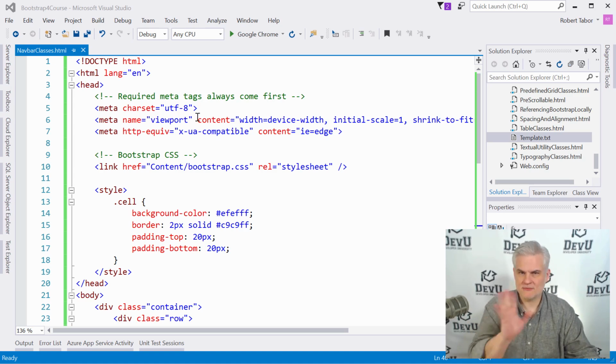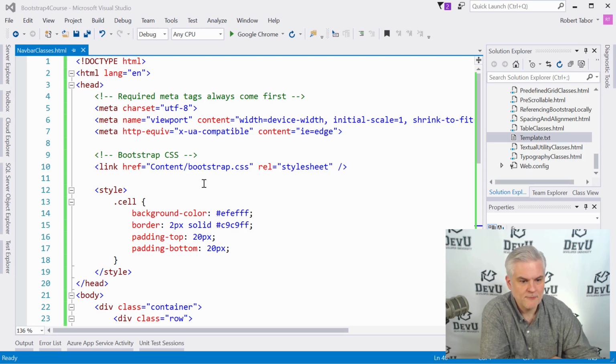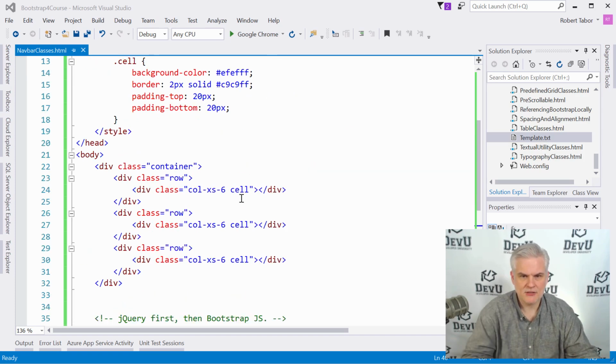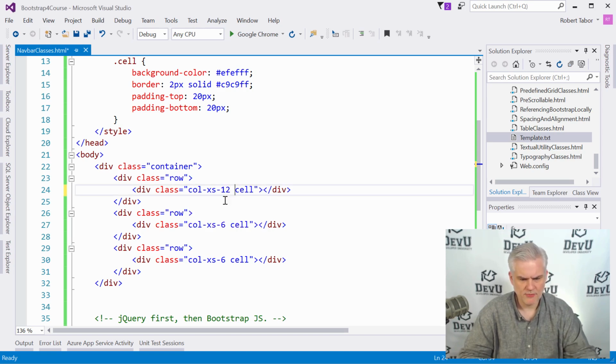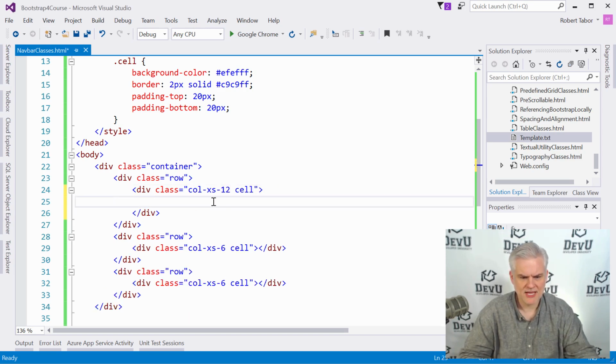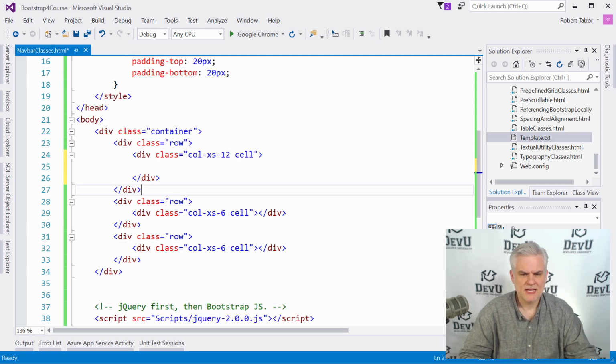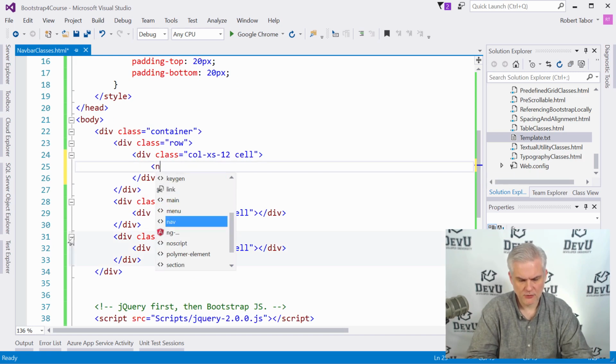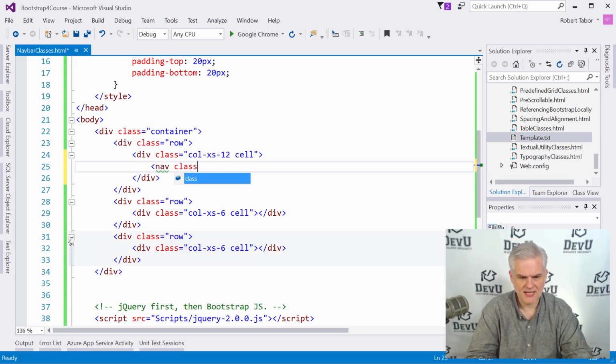And so let's go ahead and get started and show you this. It's easier to show than to tell. So here I have a Navbar classes.html and I've copied my template into it. And so let's begin by creating a Navbar, and I'm going to go ahead and put this inside of a cell this time. I'll go ahead and make this 12, but we'll see how we can use it outside of the container in just a little bit. So to create our first Navbar, we're going to start with the nav element and set the class equal to